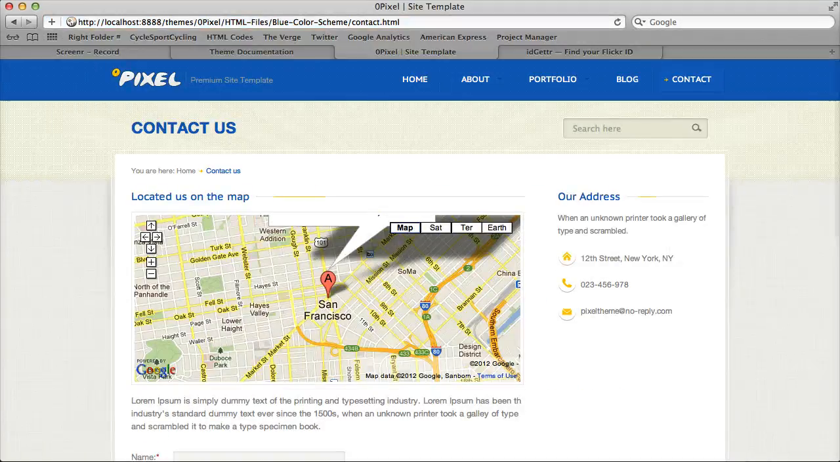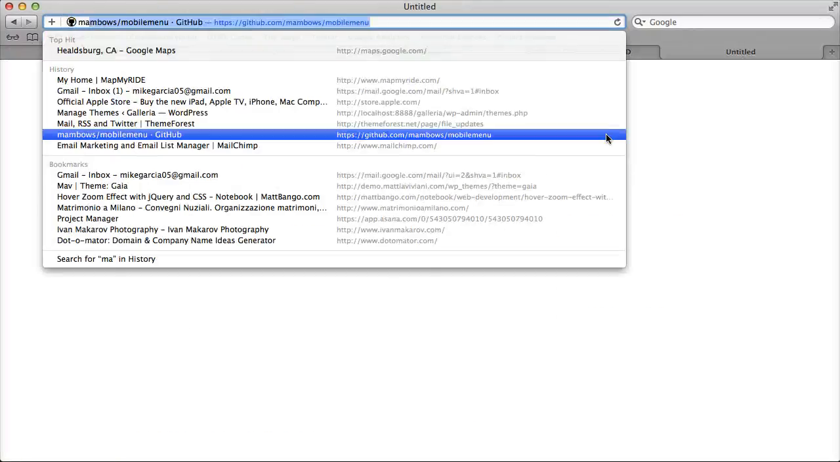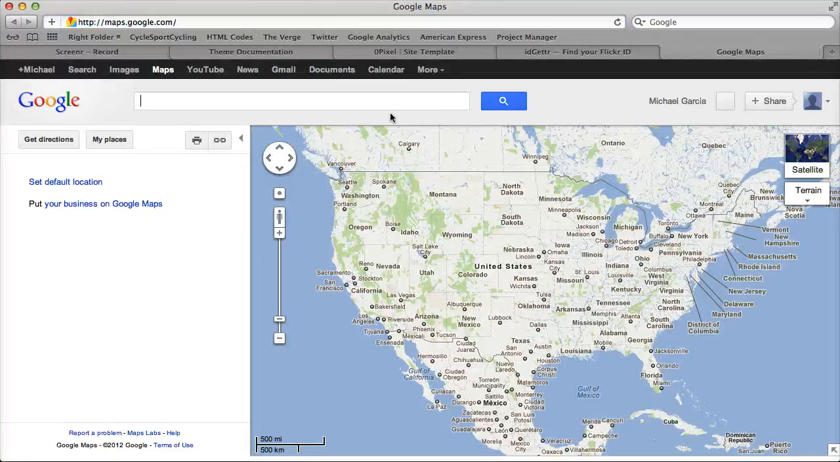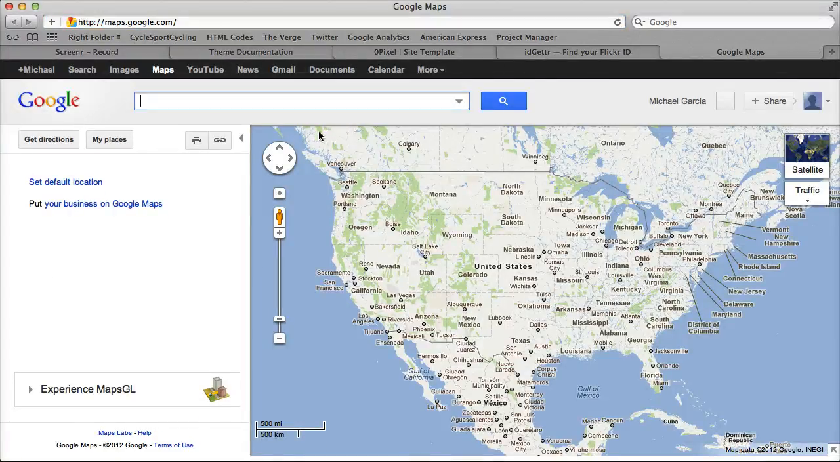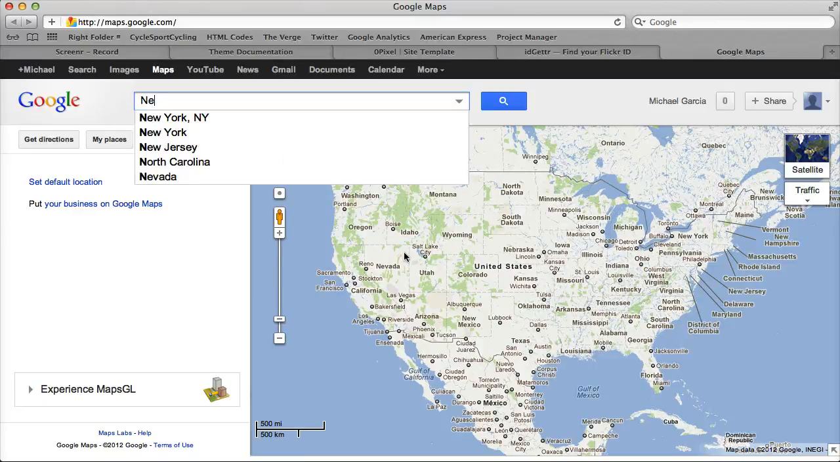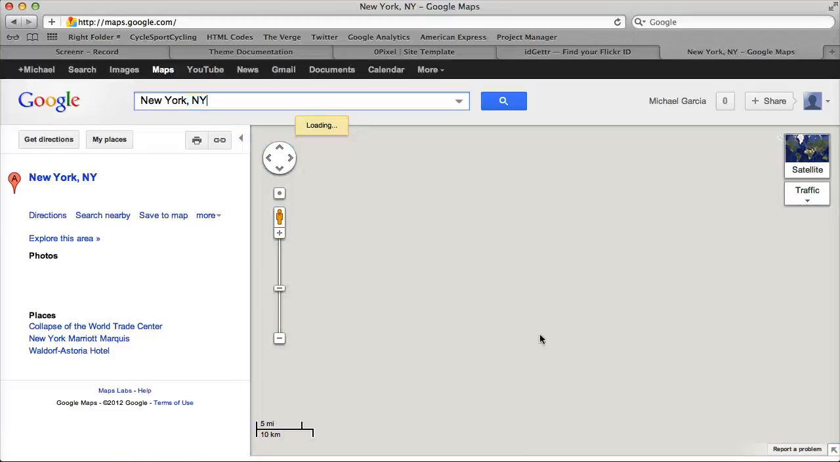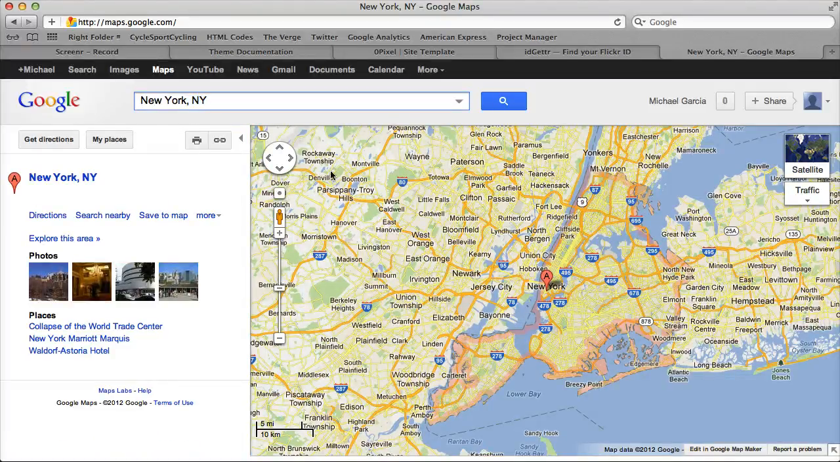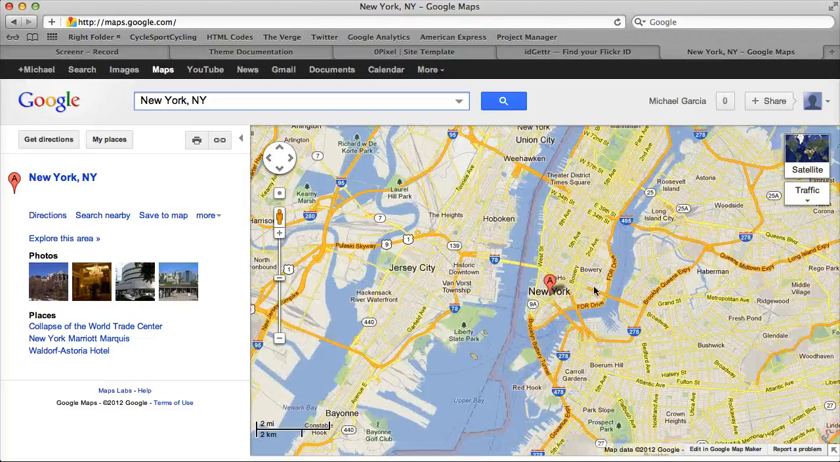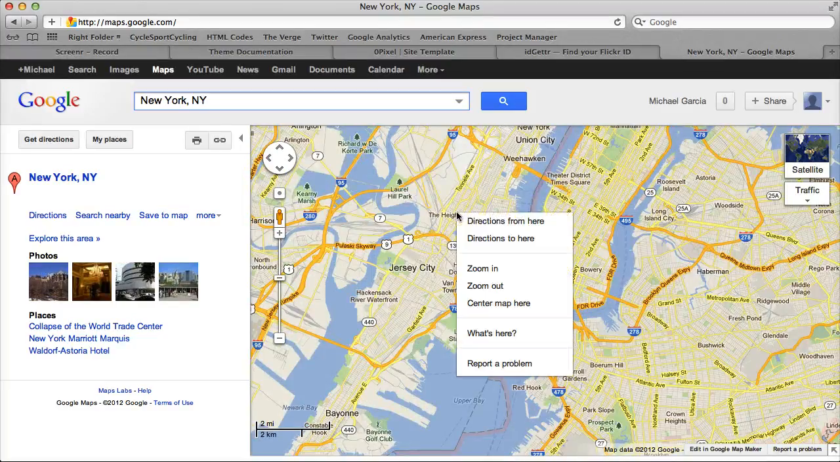And let me close some of these. Alright. And that's actually pretty easy. The first thing you're going to want to do is, once we're at Google Maps, you can type in an address or find on the map. So let's just do New York, New York. And then, once you find your address or whatever, what you're going to want to do is just right click on the map where you want it to be and say,